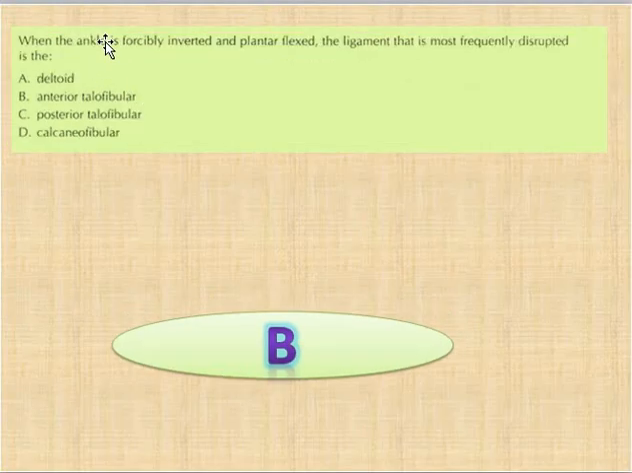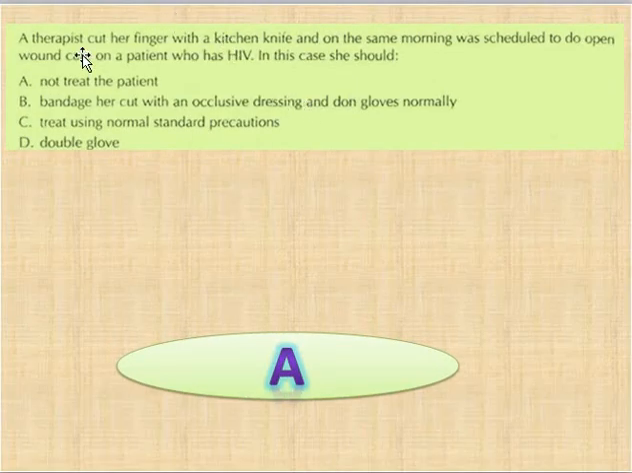When the ankle is forcefully inverted and plantar flexed, the ligament that most likely disrupted is option A deltoid, B is anterior talofibular, C posterior talofibular, and D is calcaneofibular. And the correct option is anterior talofibular. अगर आप ये मूवमेंट करें, अपने ऊपर फील करें, फुट की इन्वर्जन करें और फिर प्लांटर फ्लेक्शन करें, तो anterior talofibular ligament के डिस्टर्ब होने के चांसेस हैं।